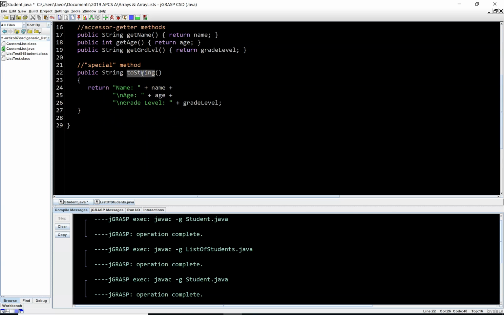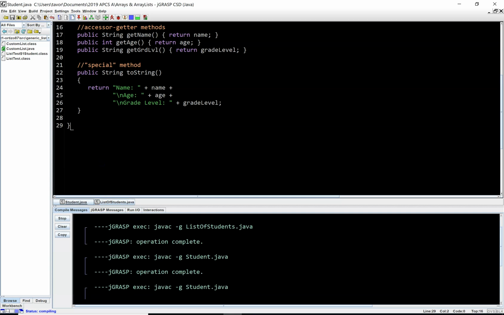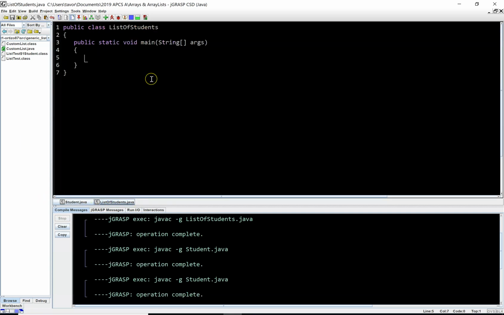And what I'm doing here is I'm replacing that ToString method with this ToString method. So whatever the ToString method used to return in the past, which is typically some sort of memory address that makes no sense to us, coding it right here overwrites the implicit ToString method. Now what I'm going to do is test this. And so if I make a student